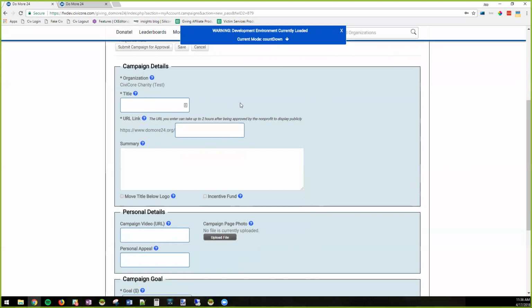But essentially, the donor then sets up their campaign. So I'm going to call this My Peer Campaign. They set their own URL, just like you do as an organization. So with this, an organization will be able to essentially